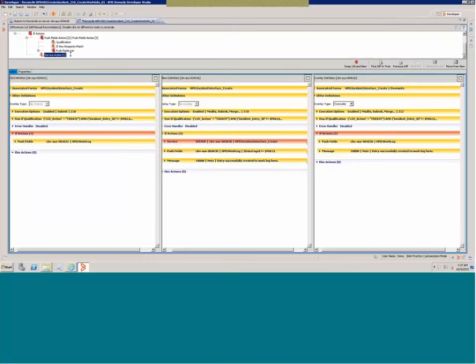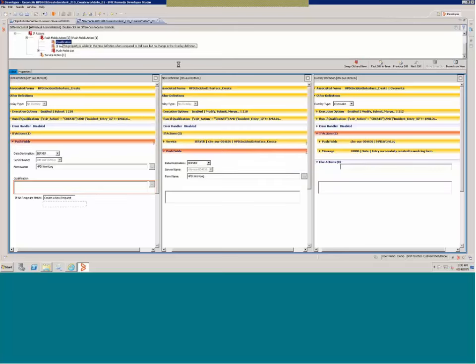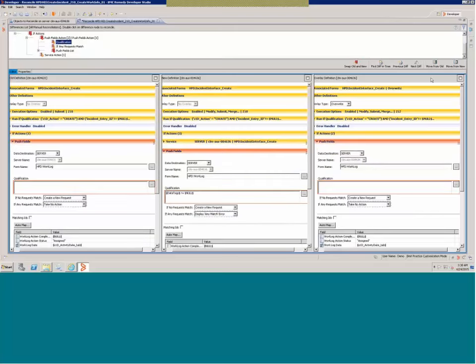Okay, so let's first reconcile the push field qualification, and then we'll come to the service action. So this push field, I never touched the qualification, so this change is safe for me to consume. Same with this.